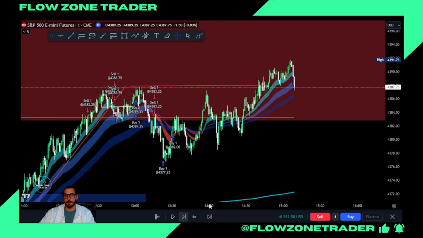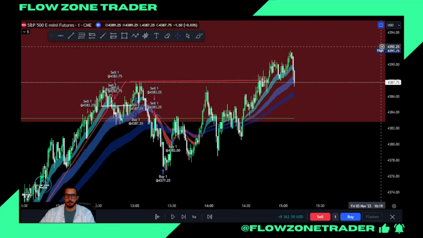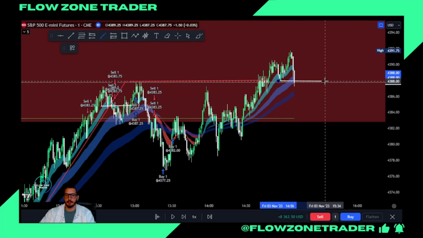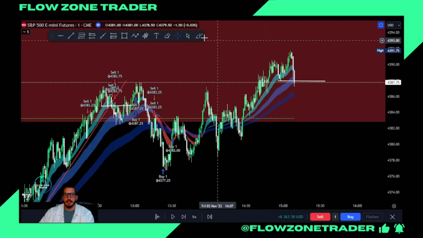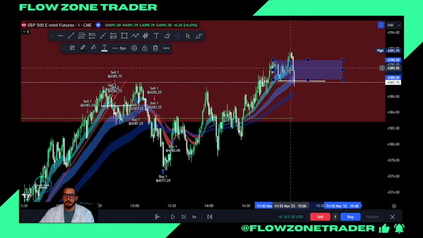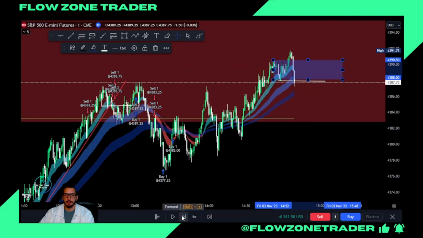Okay, so there's your first dump. It takes out this swing. Sorry, I keep going to draw the line on OBS and the screen's to my left, so if you keep seeing me look left, that's why. Okay, there's that. This was effectively your pullback range, and you've got an imbalance in here, so I'm looking for a return into that now to get short.